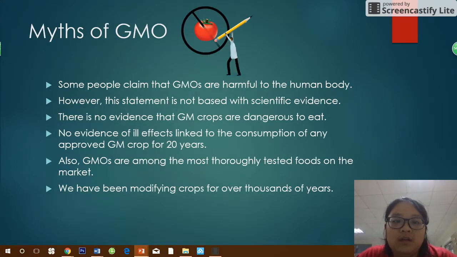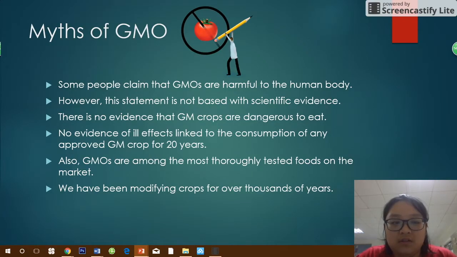Myths of GMO. Some people claim that GMOs are harmful to the human body. However, this statement is not based on any scientific evidence and is not true. According to the Korean professor who was interviewed and who studied genetically modified crops, there is no evidence that GM crops are dangerous to eat. There is no evidence of ill effects linked to consumption of any approved GM crop for